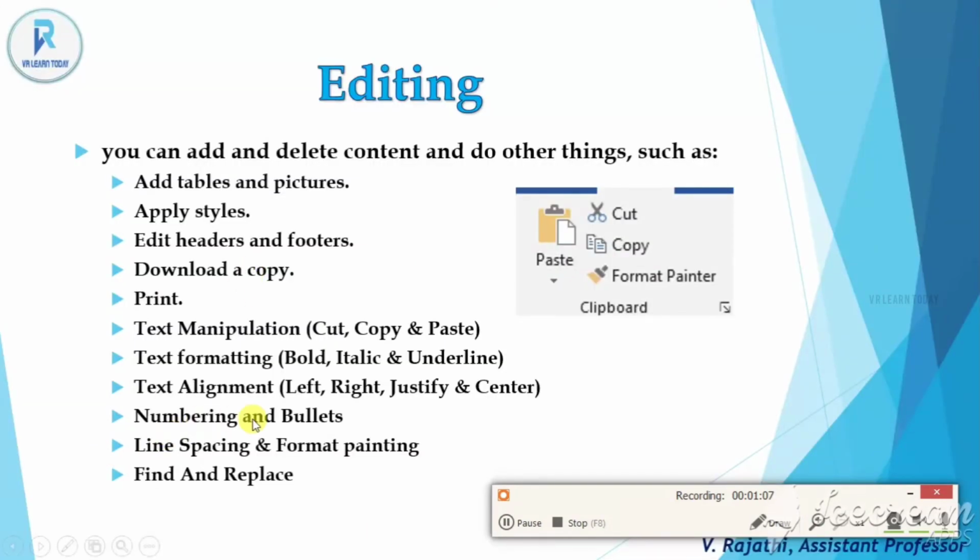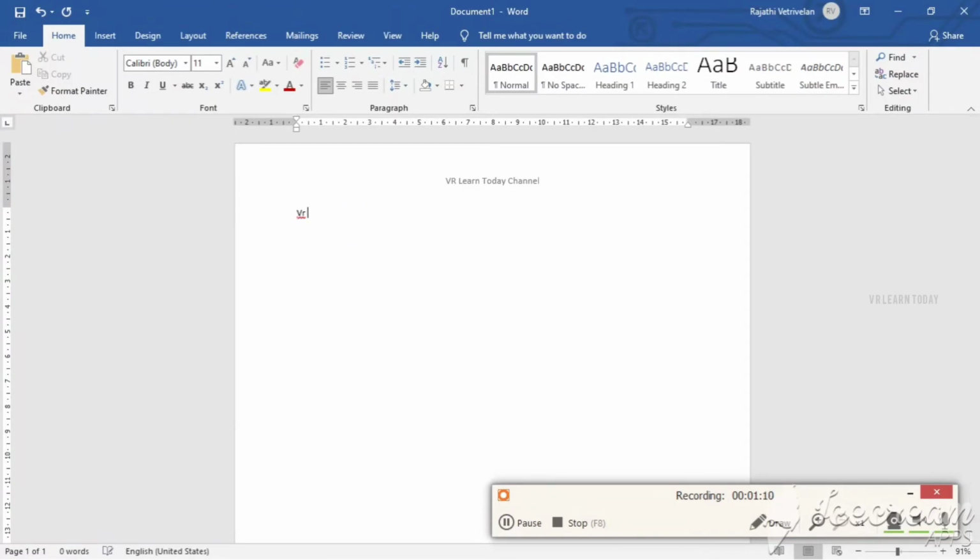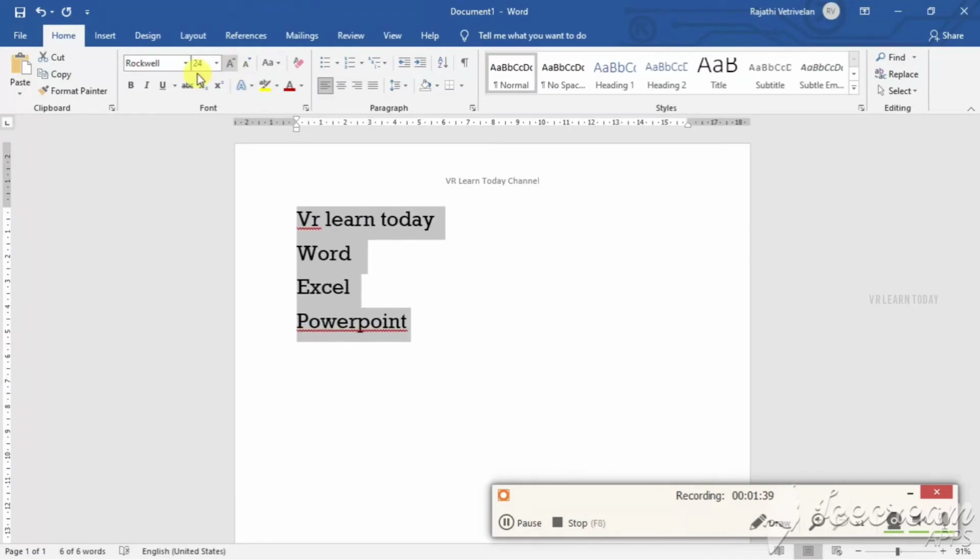So next one is numbers and bullets. For this I have to write something. Just type something and then change my font style and size.